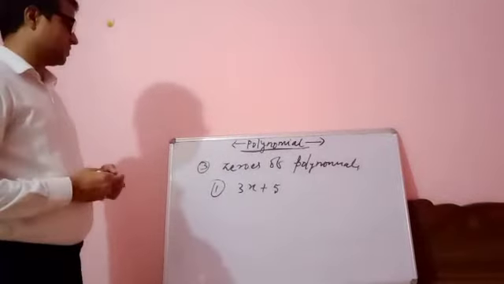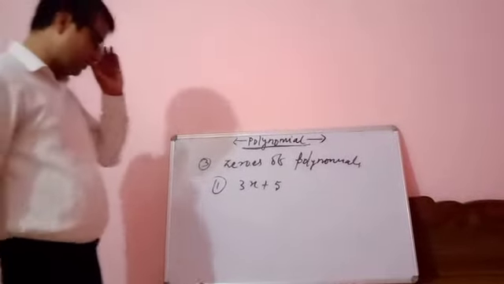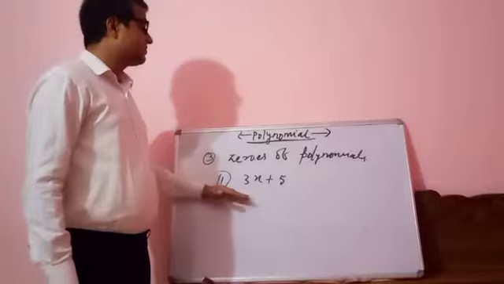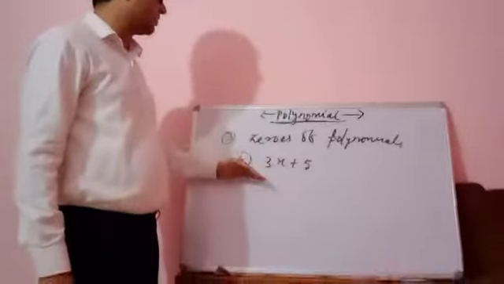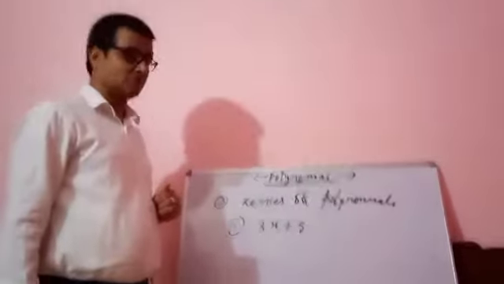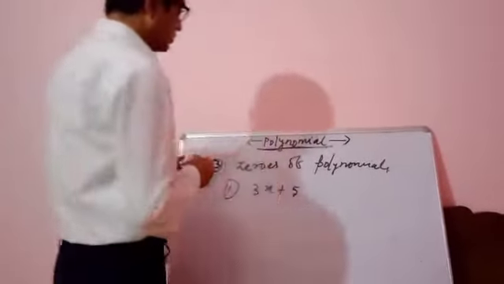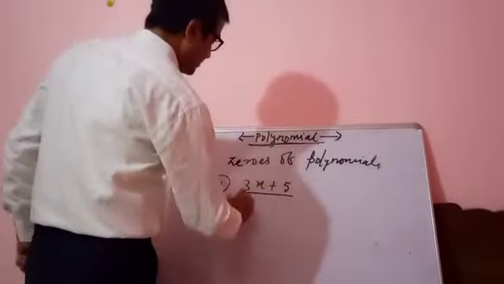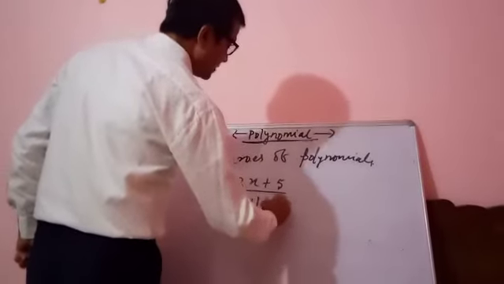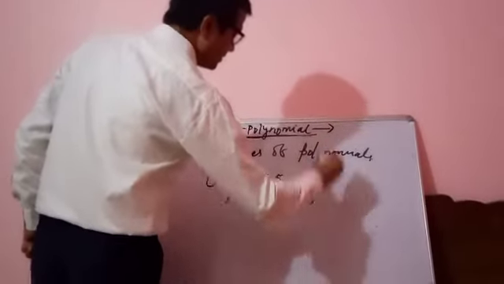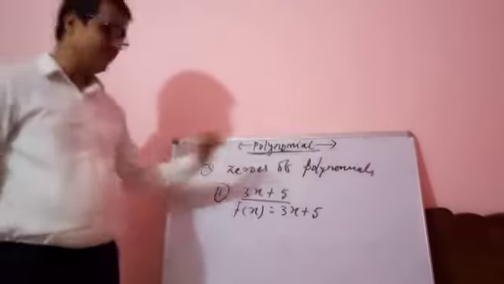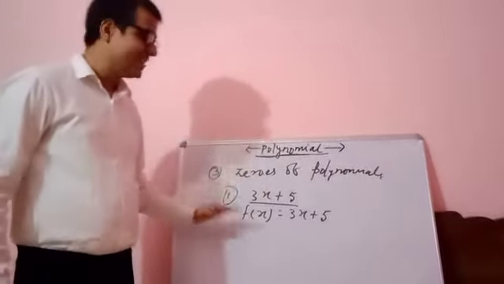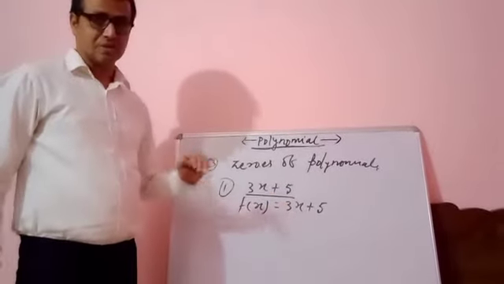We'll start with something about, let me say very first, we'll go conventionally and we'll explain what in fact the zeros of the polynomial are. So whenever we write the polynomial, suppose we write f(x) = 3x + 5. Why is it written in this way? This is the way to name the polynomial.